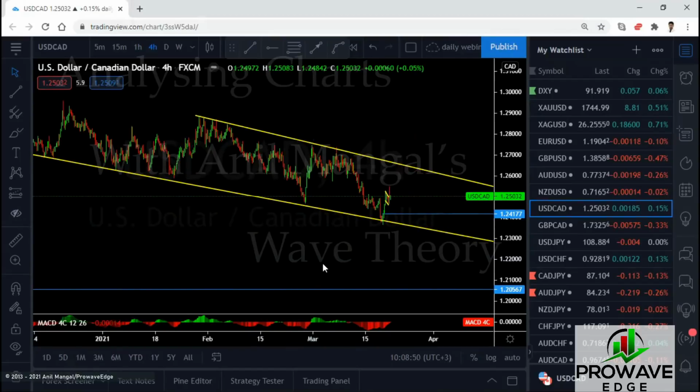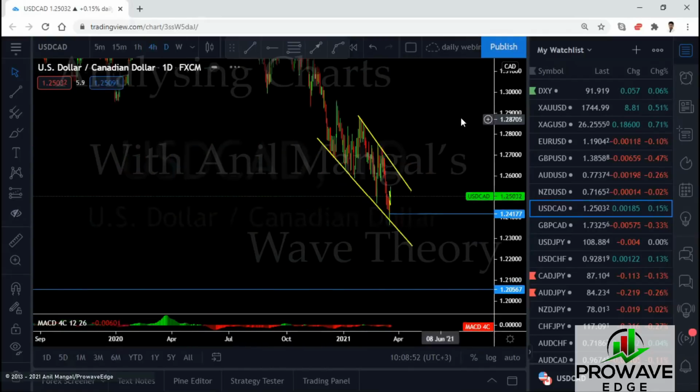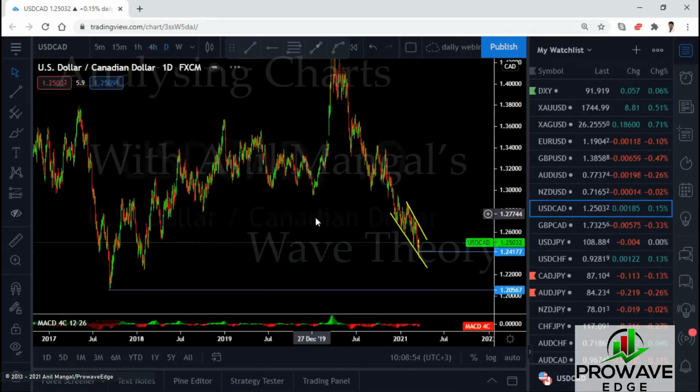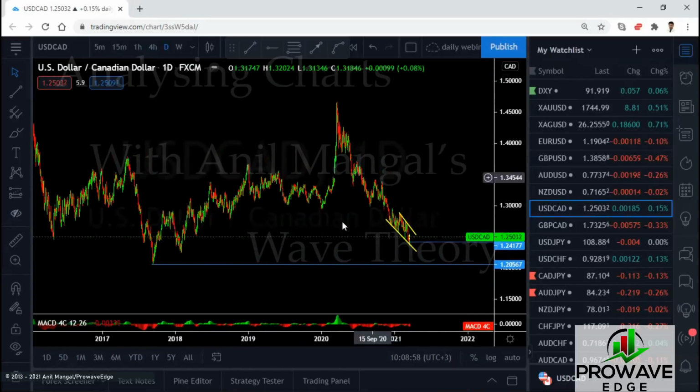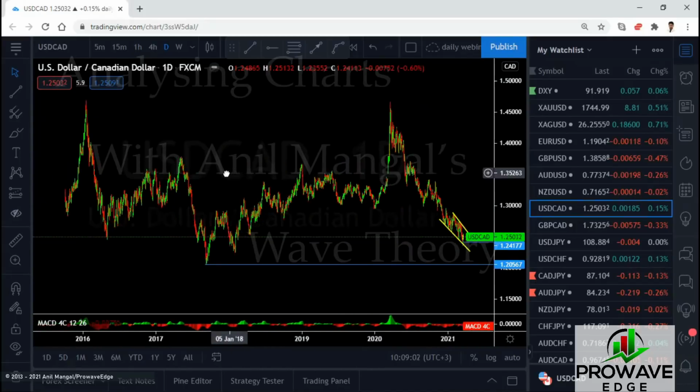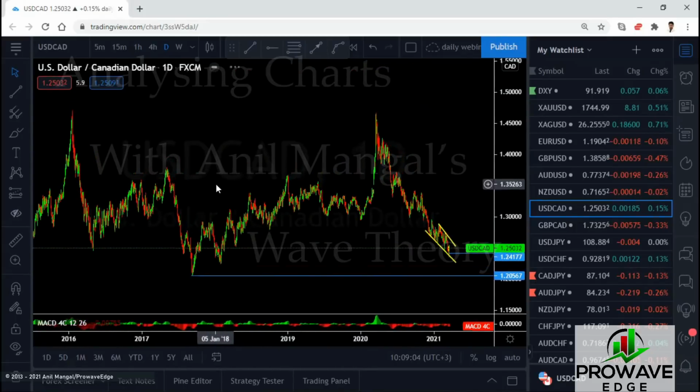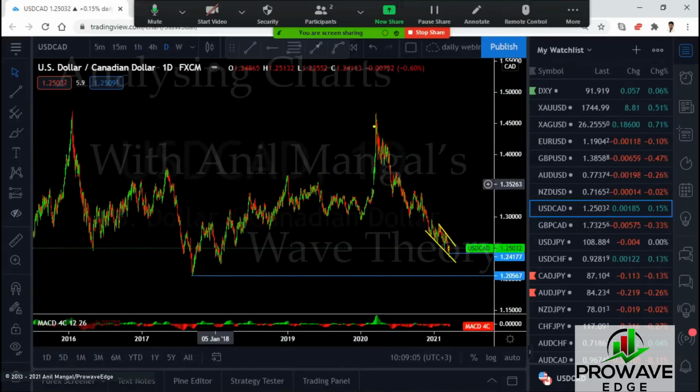Now, CAD could break out at any time. Why? Because we're in a daily correction. Another comment I had from one trader: he actually made a comment and didn't ask a question. He should have put it in the form of a question and I would give him a very nice answer. He's like, this thing is coming down for a year. Why are you looking for buys? And the answer is in your question, because it came down for a year.